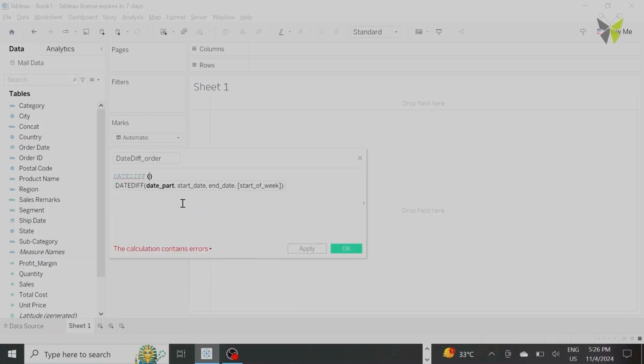The syntax shows the first value that should be entered as a date part. What part of the date do you want, whether the day, the month or the year? I want it in day. So double quotes day, then comma, the start date. Of course, first you order, then it is shipped. So the start date should be the order date. So I'm dragging here the order date